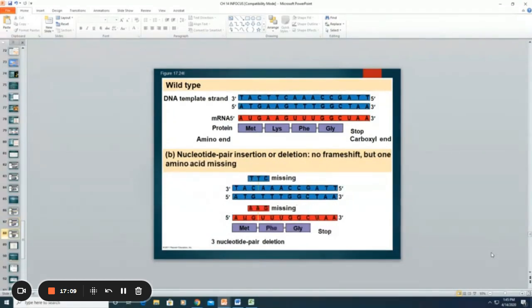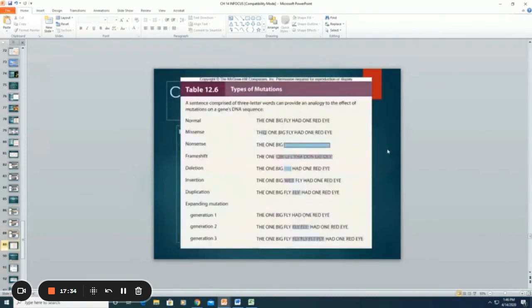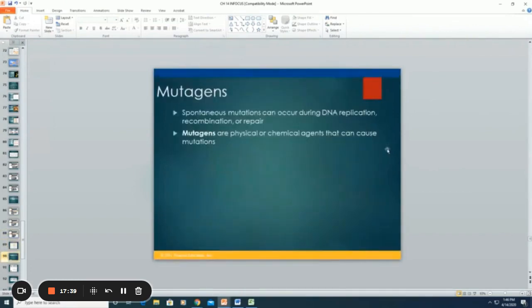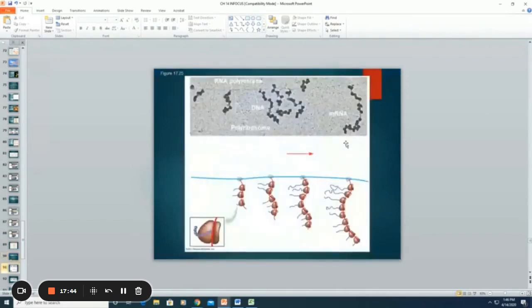All right. However, if I delete or I insert in sets of 3 nucleotides, I may not have as big of an effect than if I do it 1 or 2. So insertions and deletions of 1 or 2 nucleotides are far more dangerous than an insertion of 3. Because I'm missing the lysine here, but I still have everything else in the right order, and who knows, maybe it'll still fold correctly. Okay? So those are our kinds of mutations that I want you to be able to tell the difference between. And like I said, things that cause these